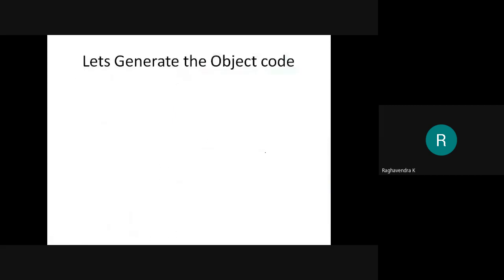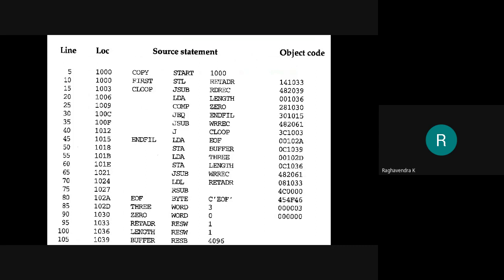Okay, so you can cross verify here what we have done. Look at the extreme left location. These are the addresses that we had assigned. This was the first step, right? Once we assigned the address, then only we knew the value of labels. So that's how we were able to generate this object code.